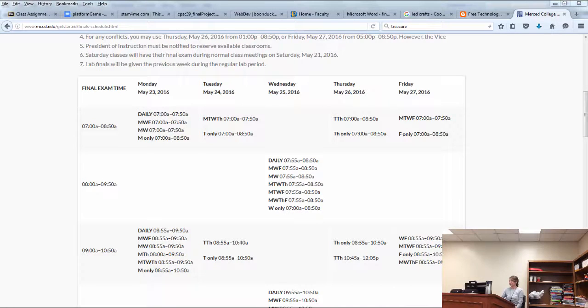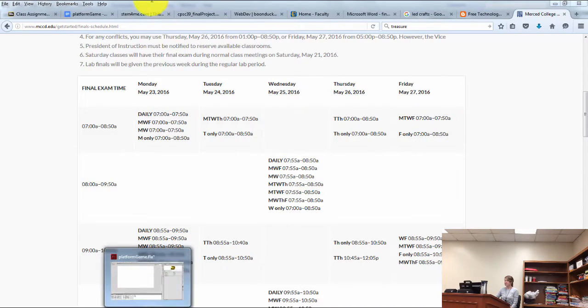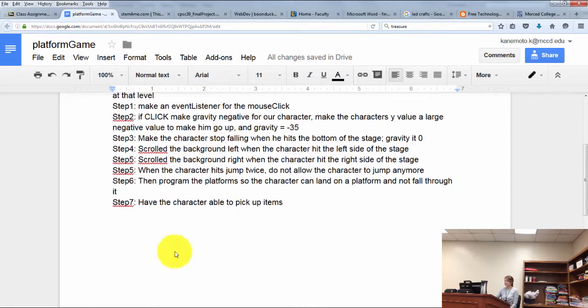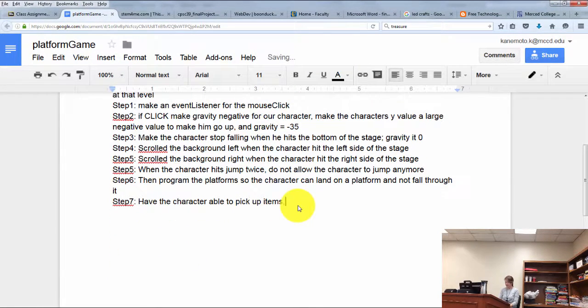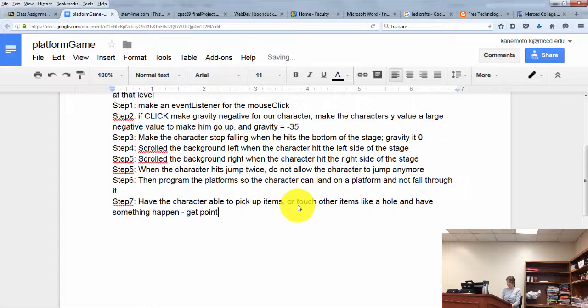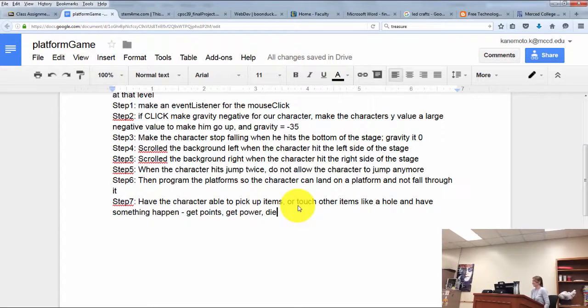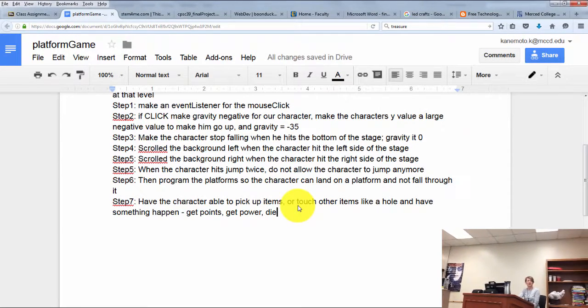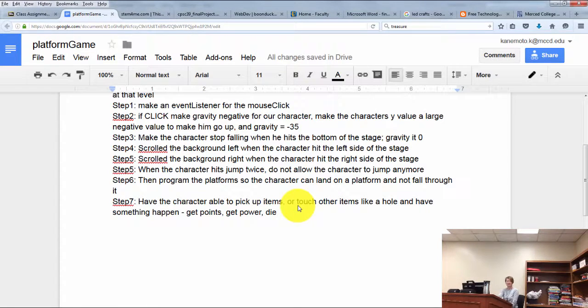All right. So our next task in our platform game is to have the character able to pick up items or touch other items, like a hole, and have something happen. Either they get points, they could get an extra power, or they could die. You can do whatever you want to do. But I'll show you how the array will be created and how we can check for different types